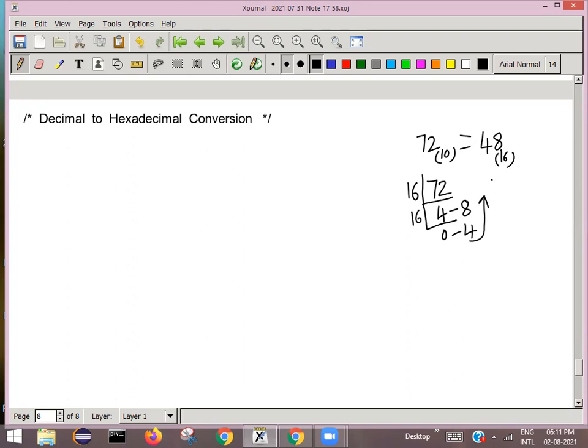Before this, what are the digits used in hexadecimal? Hexa means 16. Why is it called base 16? Because it uses 16 digits, 16 symbols.